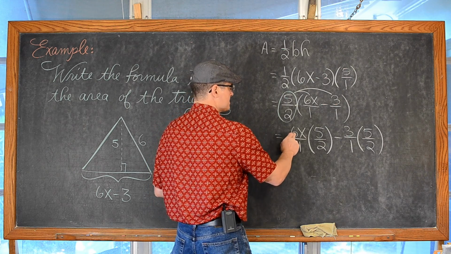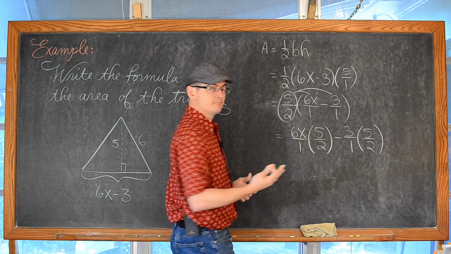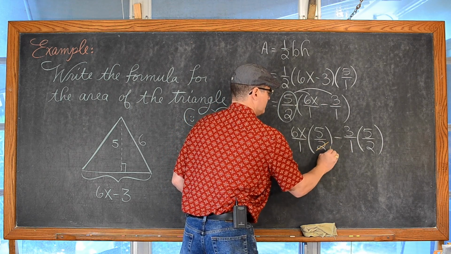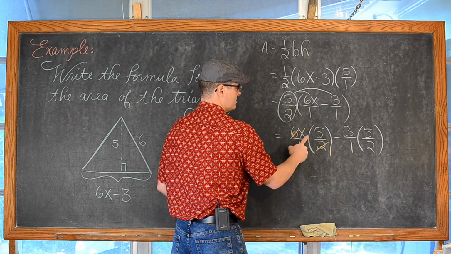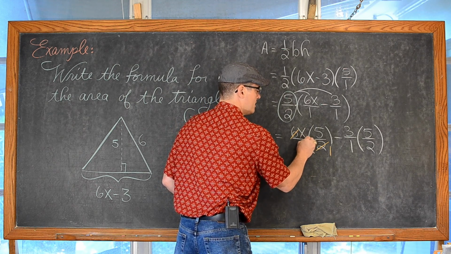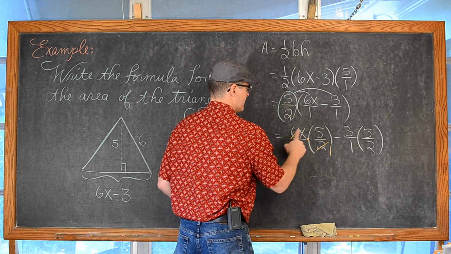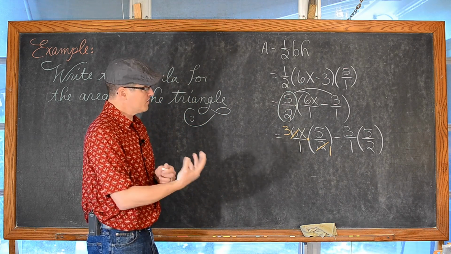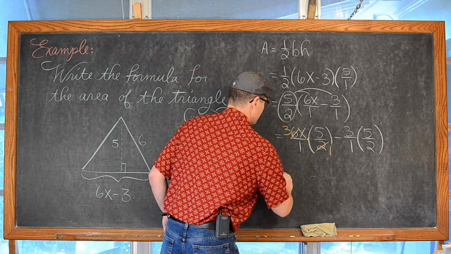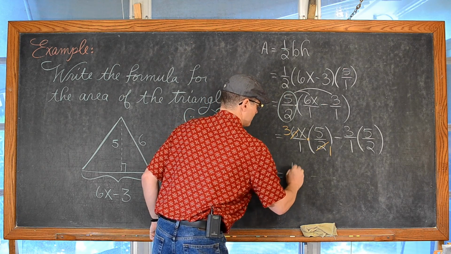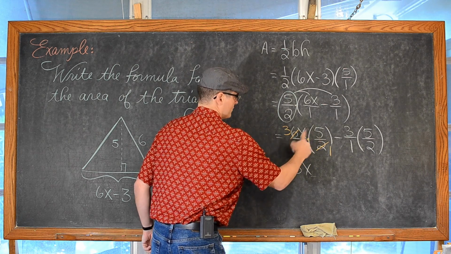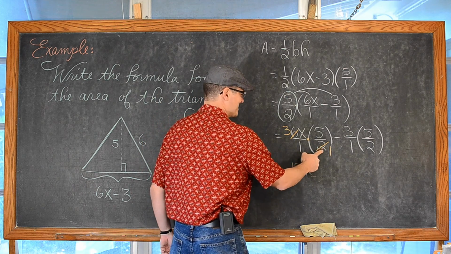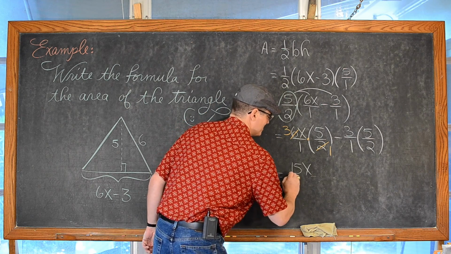But 6 has a factor of 2, and so does 2. So 2 divided by 2 is equal to 1, and 6 divided by 2, you can do this because I'm going across a multiplication, is going to be equal to 3. So now with my cancellation done, I can have 3 times 5 is 15x. And don't forget the x. And then we have 1 times 2. I almost made a mistake there. 1 times 2, no. 1 times 1 is equal to 1.